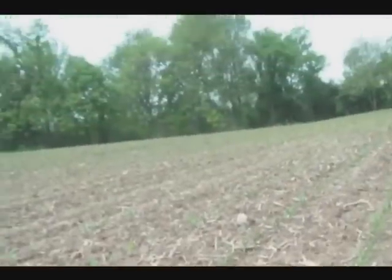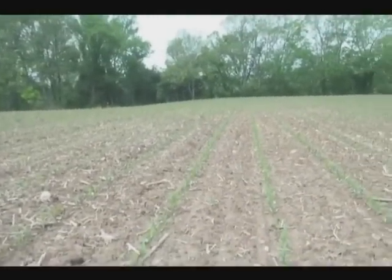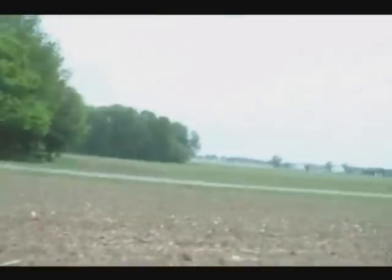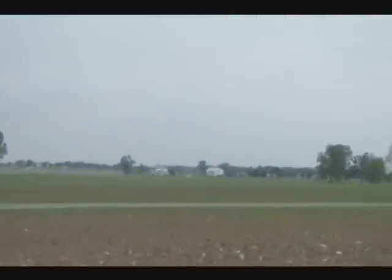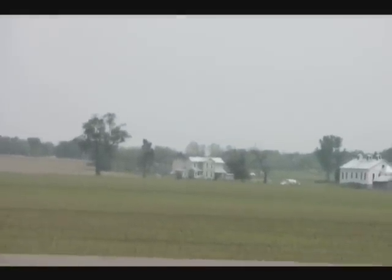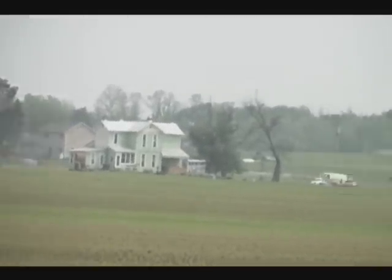Cool. Alright. It's starting to heat up out here, get a little humid. I'm about done for the day. It's been a good hour and a half probably since I found that point over on the other field over here. I actually used to live right there in that house. And that's where I found my first arrowhead at. And it's kind of odd. Back by the house is the